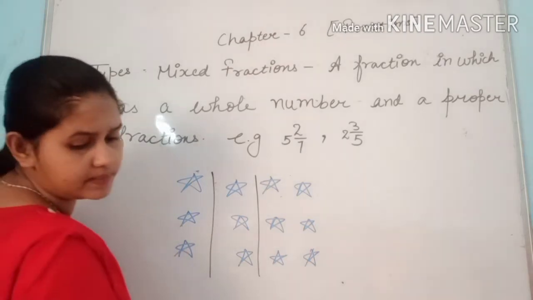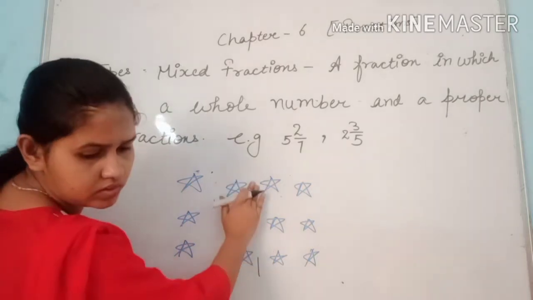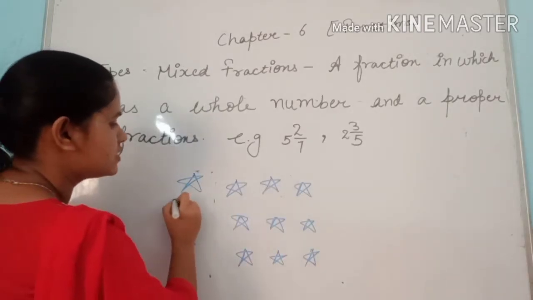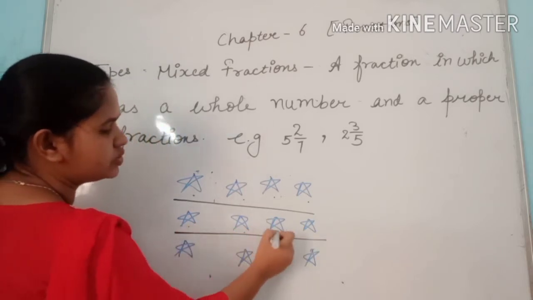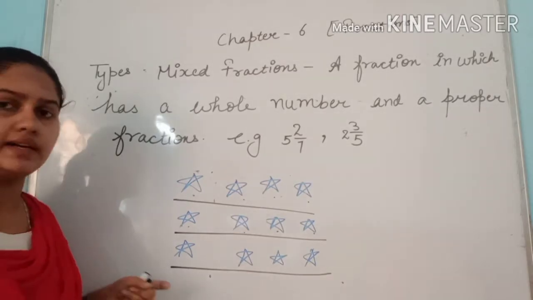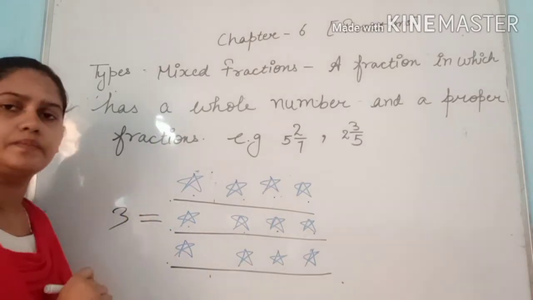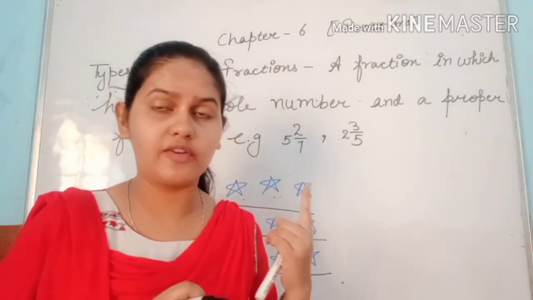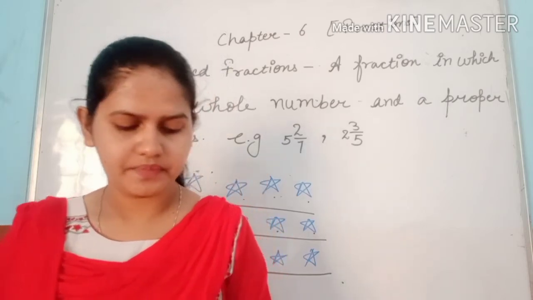Divide the collection into 4 equal parts. So we have to divide into 4 equal parts. So you can see 1 2 3 4, 1 2 3 4, and 1 2 3 4. In how many rows have we divided it? 1 2 3. So the answer is 3, right? And then come to this one. This one is 1 because we have to divide into one part, and the 4 bees are in one sequence. So we will take it as 1.